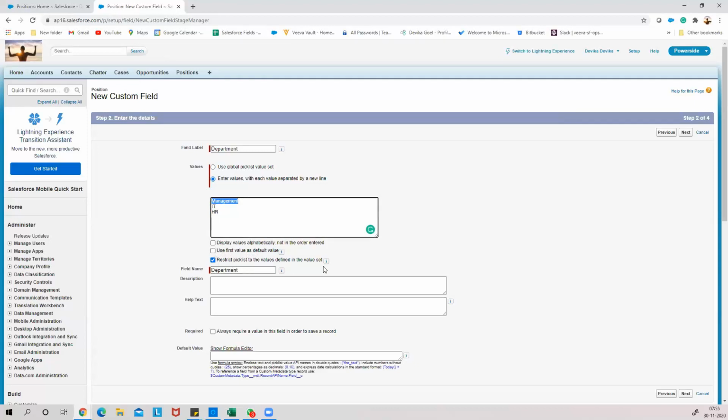Restrict pick list values to the value we have defined in here. So means if somebody tried to enter something else, like the house cleaning department and all those things, they're going to add in here, they won't be able to add it till the time I don't add them to the pick list values. Okay,